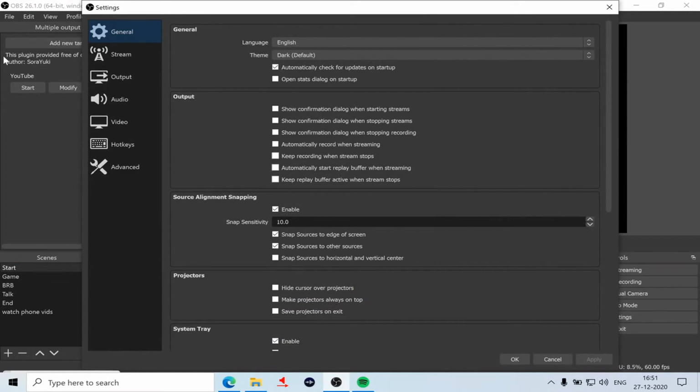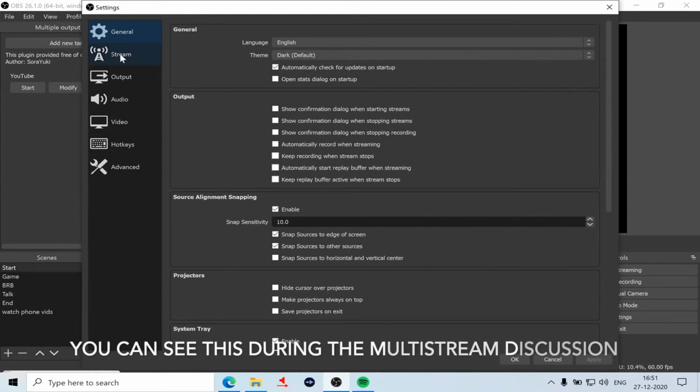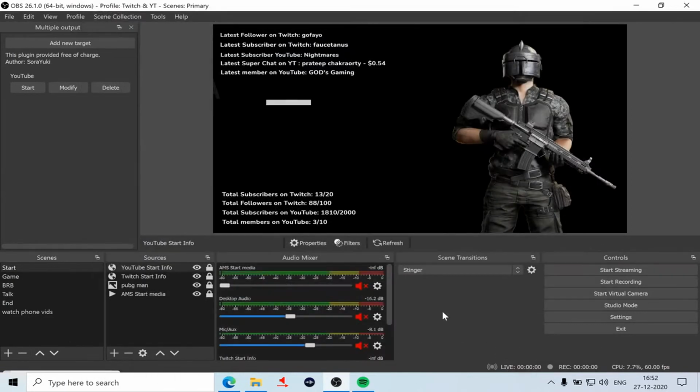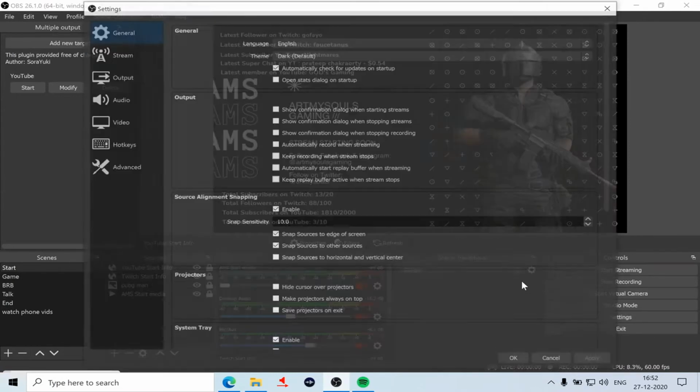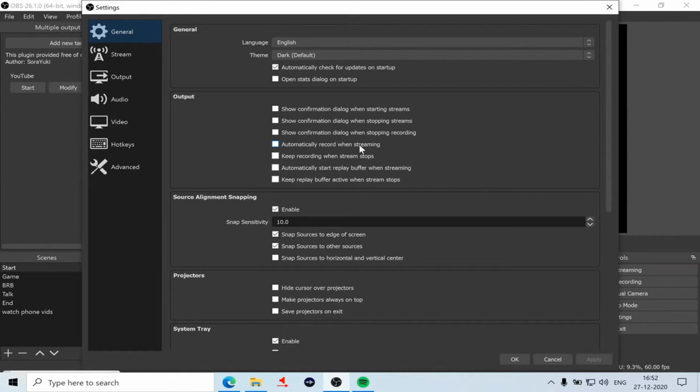When you install OBS for the first time, OBS itself scans your current system and makes sure you have the best settings installed in the first go. If you want to make changes, you can always do that. In the general part of it, I make no changes here unless you want to automatically record while you're streaming. I do not do that. I don't require that, which is why I've not turned it on. You can turn on the automatic check for updates on startup. I keep it on because I want to know what's happening, because OBS is an open broadcast tool.